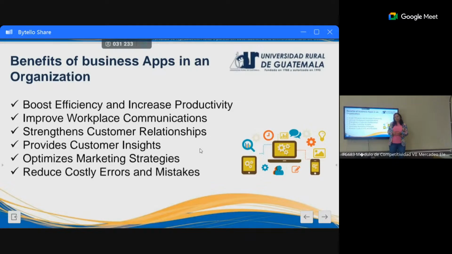For example, even when working with numbers for those operations, like in math, for subtraction, multiplication, or any type of problems in math, it's going to increase productivity. Even, for example, imagine with inventory. That's why they also improve workplace communications, because with those types of apps, you can have different things. For example, I don't know if you have used or heard about Trello. That is a great application, I really recommend it, and it is really helpful for organizations, because